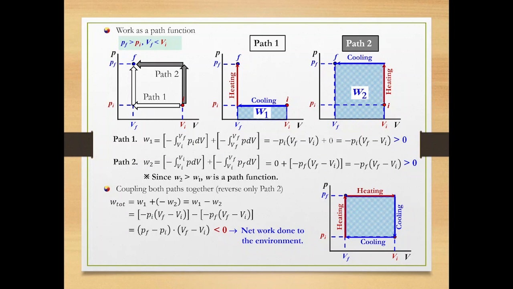The work of this cyclic process is represented by cyclic integral dW, which is not 0. It is indicative that work is path dependent, and dW is an inexact differential. Take note that the cyclic integral of any state function is 0 because in a cyclic process, the initial state becomes the final state, and a state function depends only on the initial and final states, not a path. And the differential of a state function is exact.